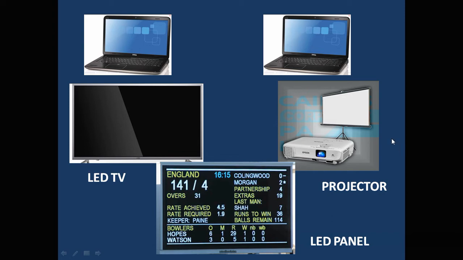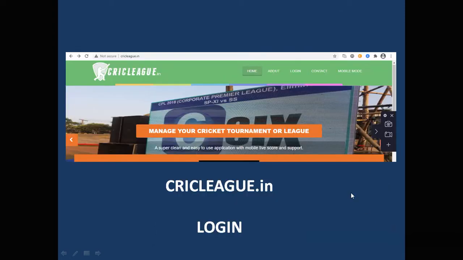That is the process. And once you get everything in, these are the requirements,